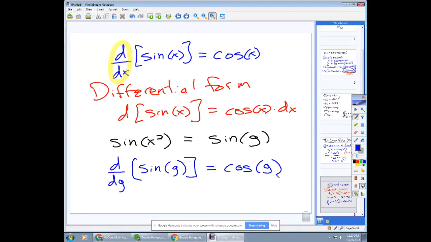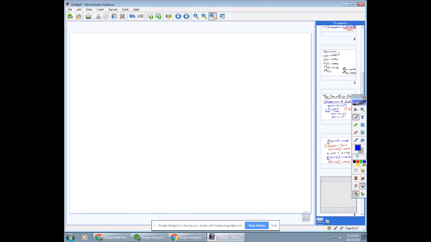And then I could choose to put that in differential form if I want. So if I rewrite it in differential form, it looks almost exactly the same. I just get this little multiple, the derivative of g, dg hanging out there. Now, we can then use our special information. g isn't just a variable, right? It's a function. So now I can consider, well, what is dg? So we're at this point here, the derivative of the sine of g is cosine of g dg,